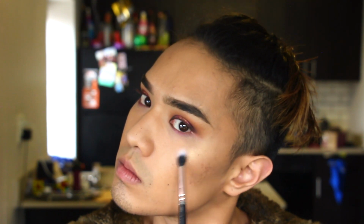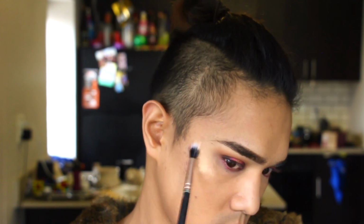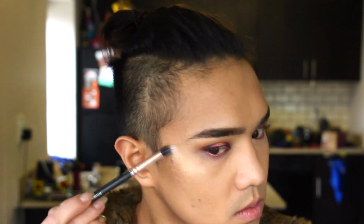Time to add a little bit of a glow. I'm taking the Sephora Collection Illuminating Palette. It's actually my favorite highlight palette, and it's very affordable. It's only 20 bucks, and I'm taking the middle two shades, the gold and the bronze, and mixing them together and highlighting where I normally would, right at the top of the cheekbones on both sides, on the Cupid's bow,